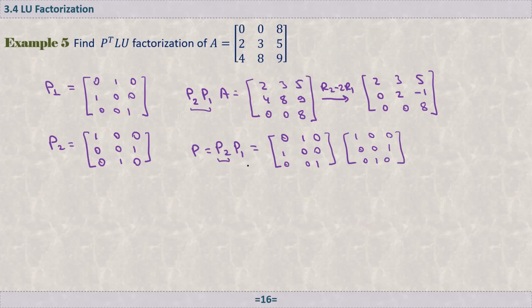Actually, what is the effect of this P2 on P1? P2 is just interchanging the second and third rows, right? So this P2 will just interchange the second and third row. So this will be equal to 1, 0, 0. So 0, 1, 0, 0, 1, 0. And here we have,